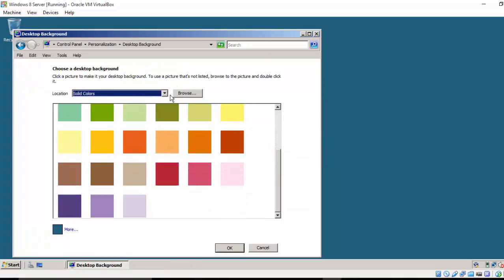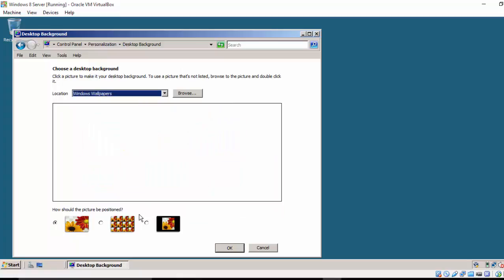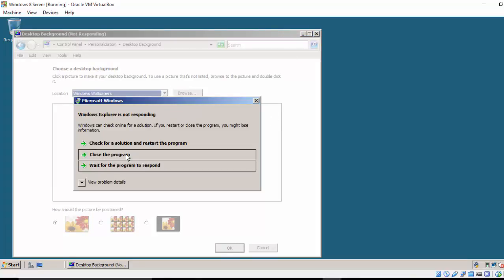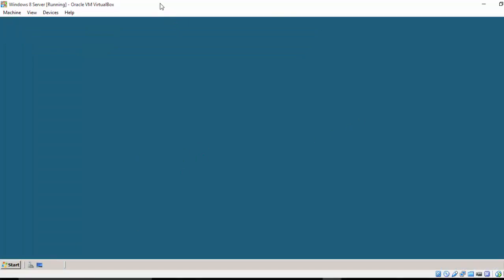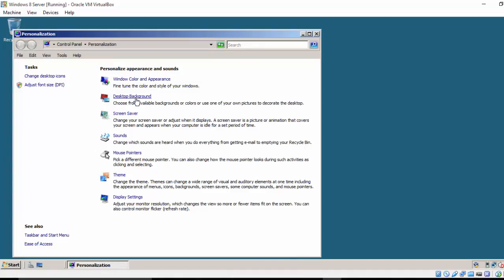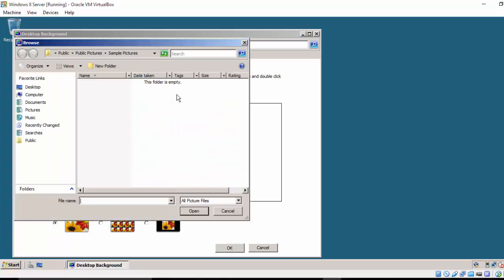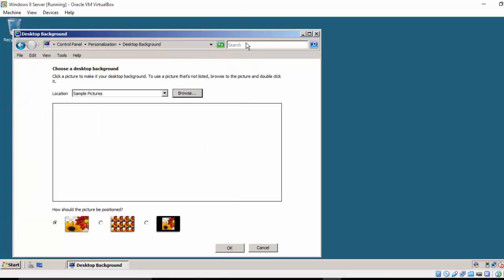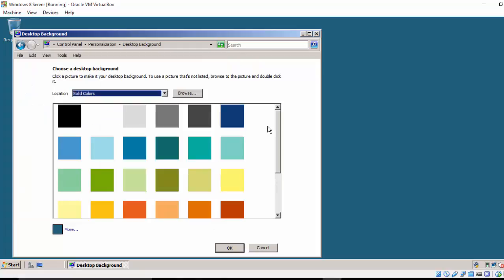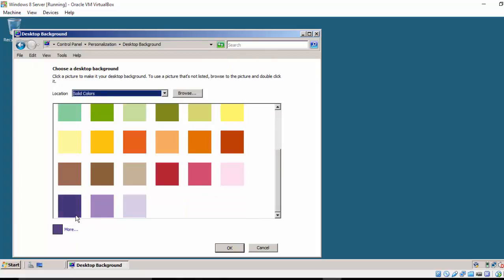I'm gonna choose a desktop background. I have no picture, so I have to do the colors. Let's choose this color,